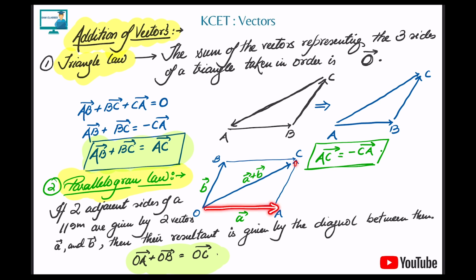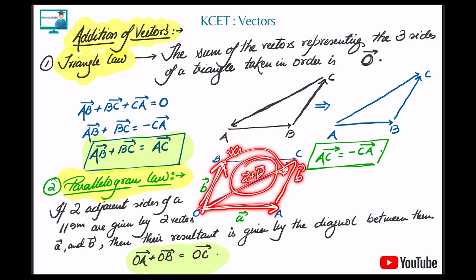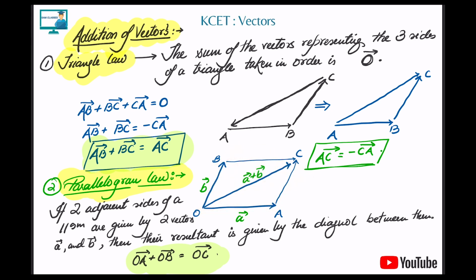Parallelogram law is the same thing. Instead of a triangle, see, vectors we can displace, we can put B here. Then the resultant is given by this one. Or what you can do, this B we can displace it here. So if you represent two vectors by two adjacent sides of a parallelogram, then the diagonal gives the resultant. That's it. I think you have done all these in your PU part or CBSE part, whichever you are doing. So this is very simple. I'm just explaining it so that you understand and you can do. For JEE and all, we have hexagon and all that, and we need to understand more in depth. So don't worry about that. Once we take care of the JEE part, we'll do that. For the KCET, this much is enough.